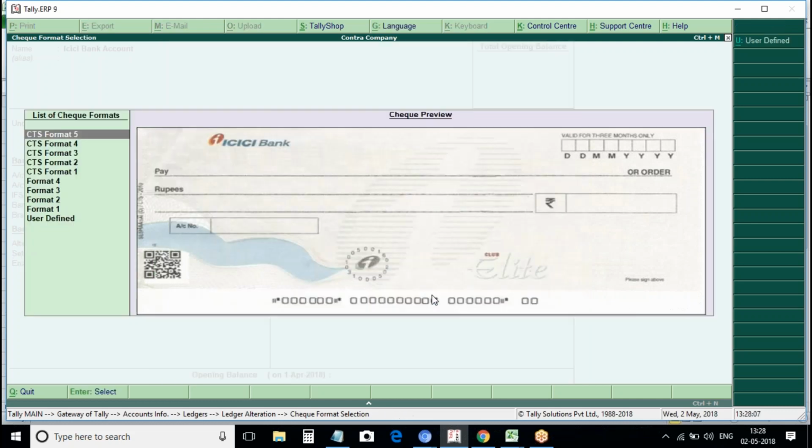What are the details you can provide here after selecting the format, it's asking